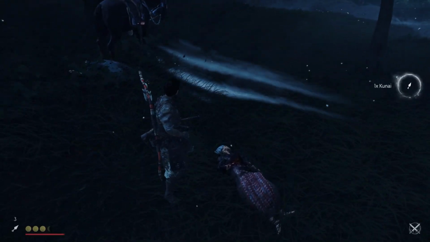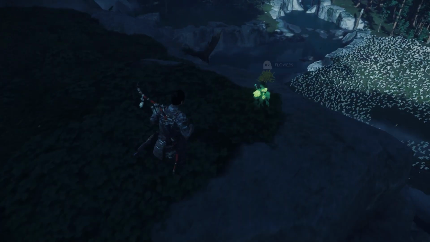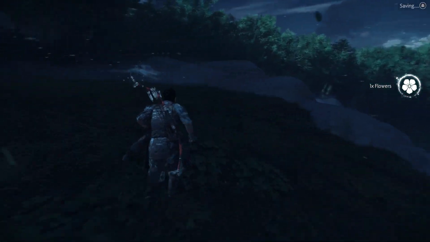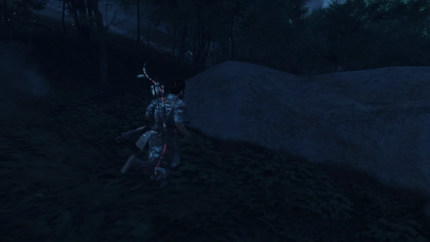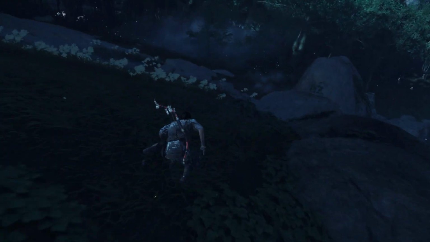Oh, what do we have here? I don't know what happened here, but I will take the kunai. Some flowers on the side over here. Okay, we're close to where we want to be. So once you see those flowers here,